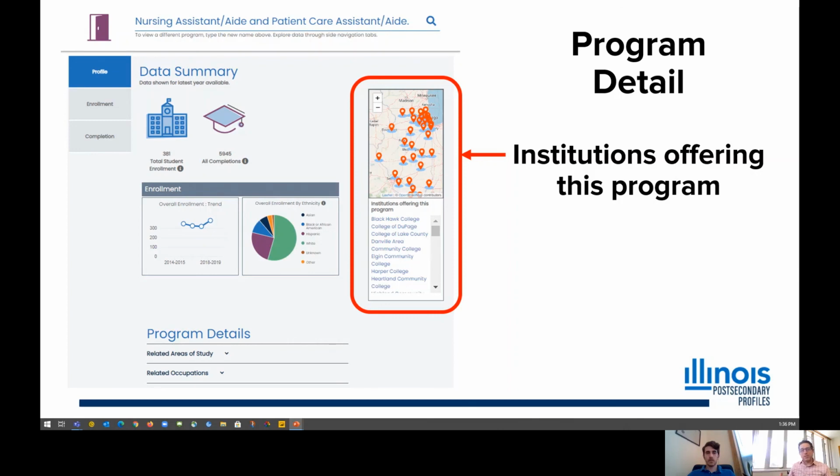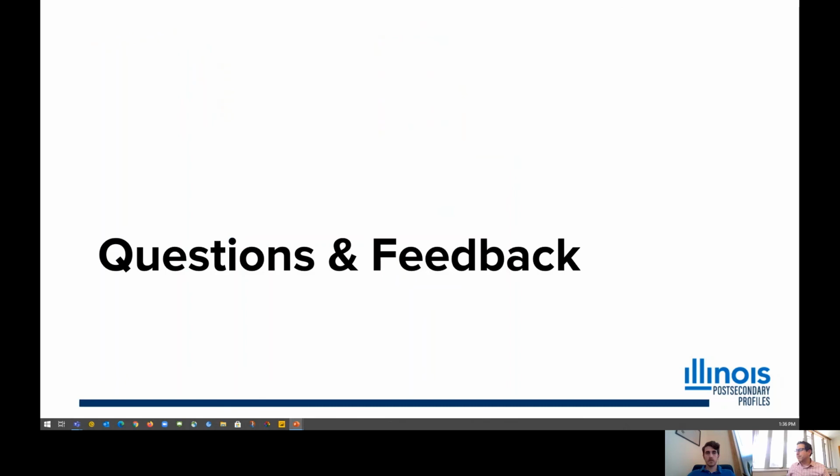And so that's the real power behind the IPP site: Path 2, the exploration of occupations, connects with Path 1, the institutional profile data, to get me into the institution that's going to make sense for what I want to study, where I live, etc.